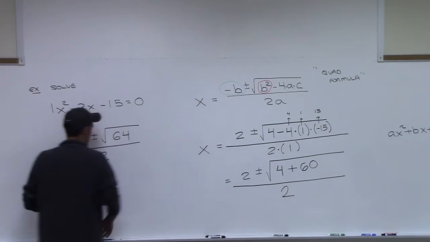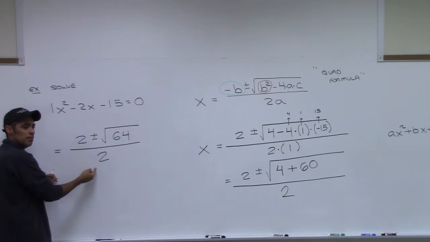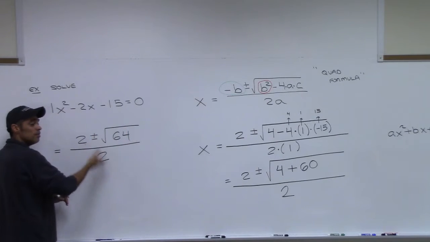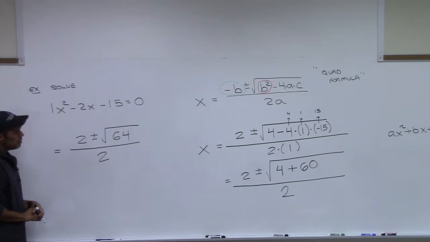Another mistake I see right now is students try and divide, like, oh, they go 64 divided by 2. You cannot touch this yet. You have to figure out what this is first, then you'll divide by 2 at the last step. Now the square root of 64, we actually could use our calculator, but do we know what the square root of 64 is? It's 8, right? It's a perfect square,